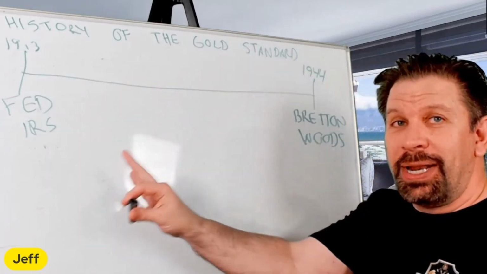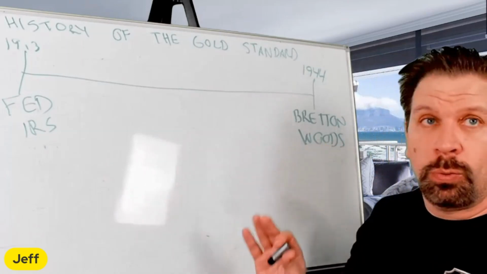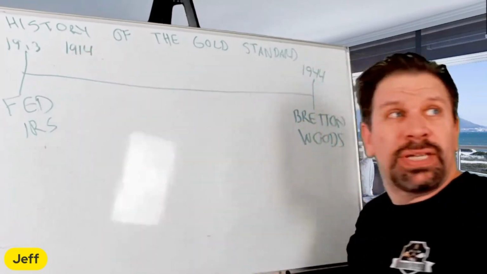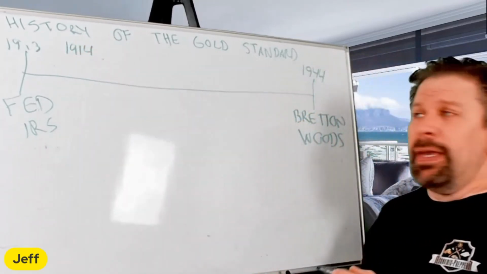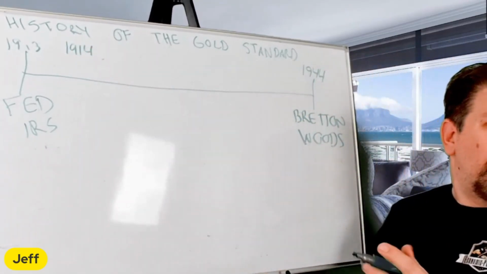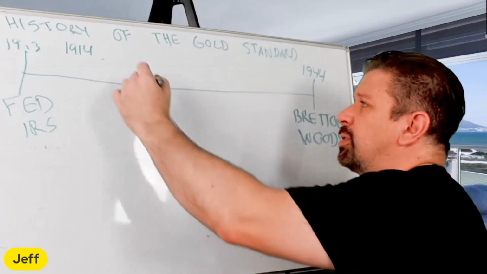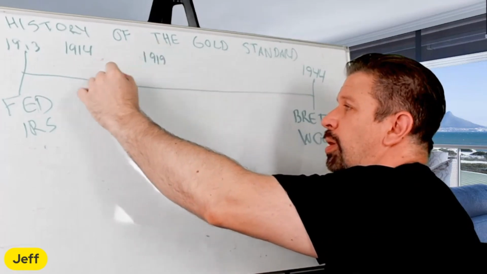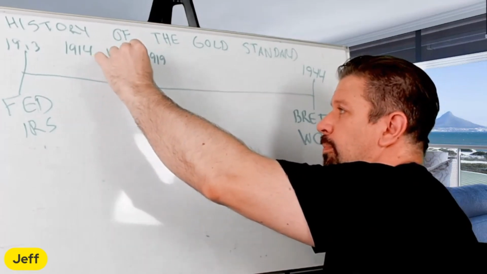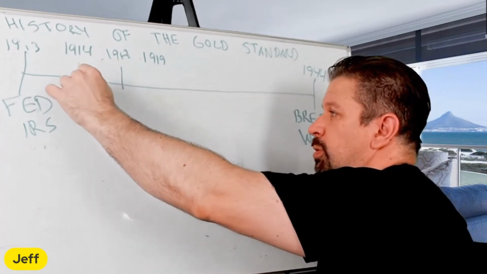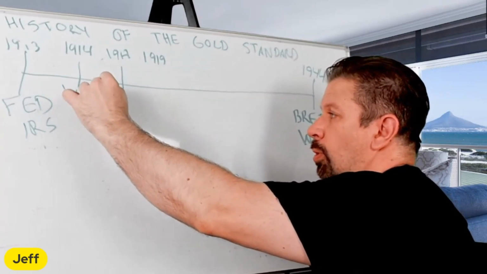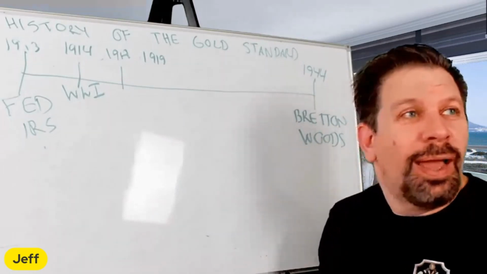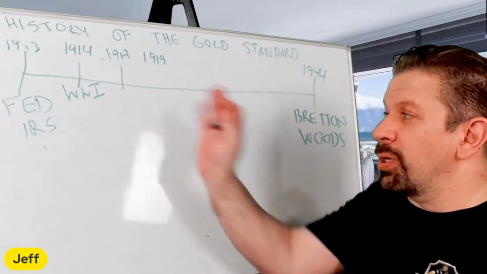So 1913 and 1944. First off, let's lay out World War I. World War I is 1914 to essentially 1919, I believe. So somewhere in here, about 1917. Okay. So this is World War I, or the Great War, because they didn't know a second one was coming at the time. They didn't read the book yet. But the Great War starts in 1914.